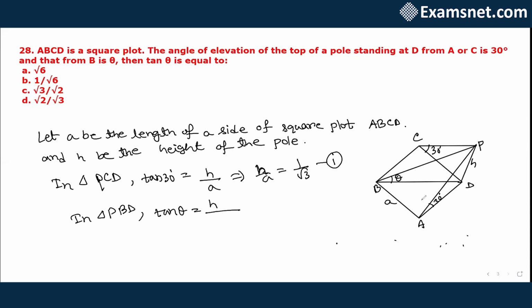okay, now here you need to know the formula for finding the diagonal of a square. If you are given the measurement of the side, that is A, then you know that A root 2 unit will be the measurement of the diagonal of that square. So since here PD by BD, BD is the diagonal of the square plot, the measurement of BD will be A root 2. If side is A unit, diagonal will be A root 2 unit. Fine. So A by root 2, and